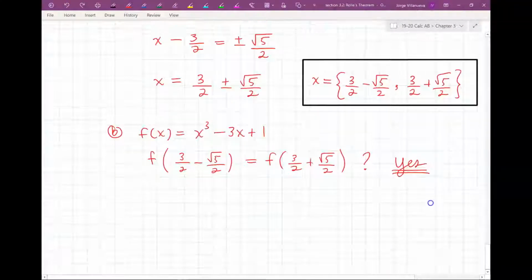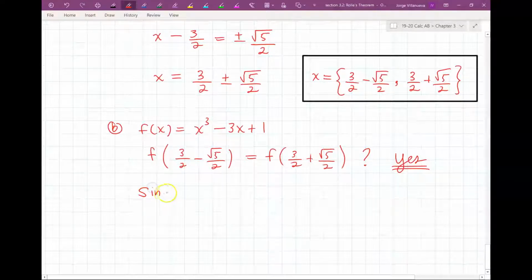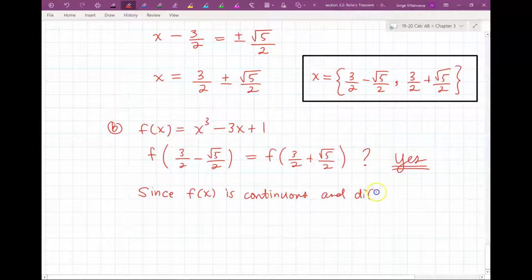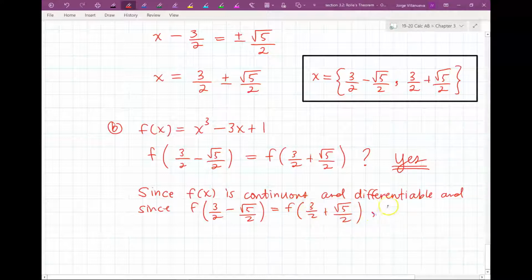I can just say, since f of x is continuous and differentiable, and since f of 3/2 minus radical 5 over 2 is equal to f of 3/2 plus radical 5 over 2, then, notice I'm just stating what I'm supposed to prove to them. If all this stuff is true, but I'm saying since, not if, I'm saying since it is,